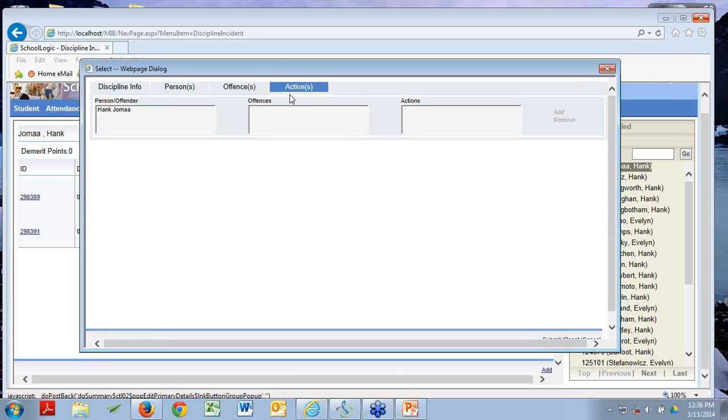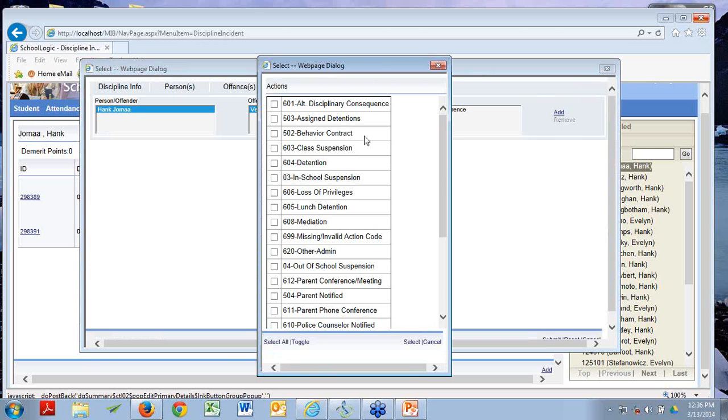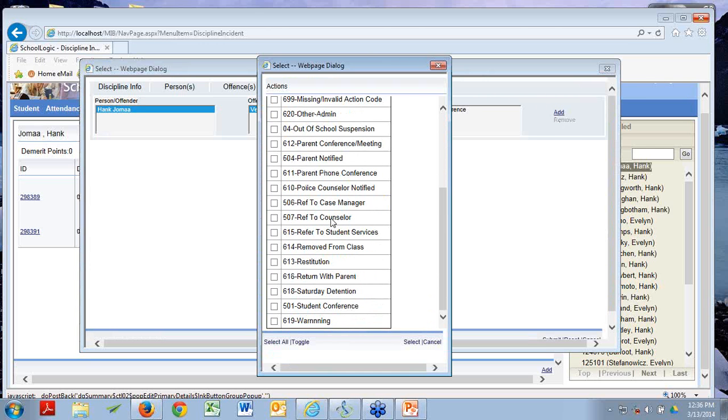And that leads us to actions. What are actions? Actions are what the school district does after the kid commits the offense. Now, stay with me here because you got to click along with me. If I click on Hank, he's my person. As soon as I click on him, I get my offense. You'll see later, kids have multiples of these, potentially. Once I click on the offense, that opens up the opportunity to do an action. But there's no drop down here. I come all the way to the right, and I click Add, and there's my incident actions coming at me